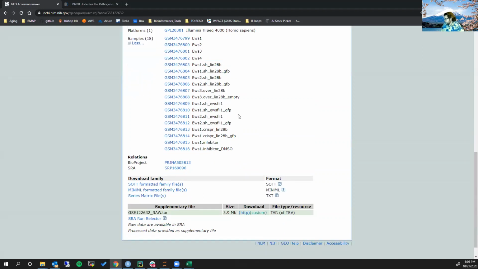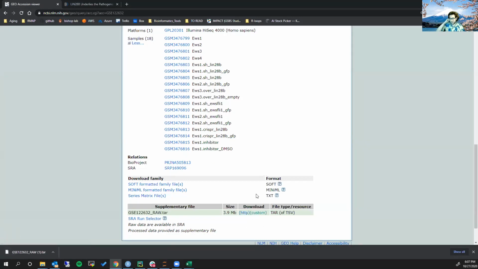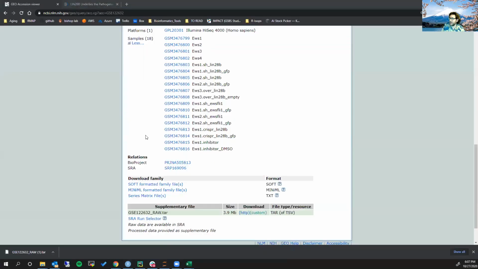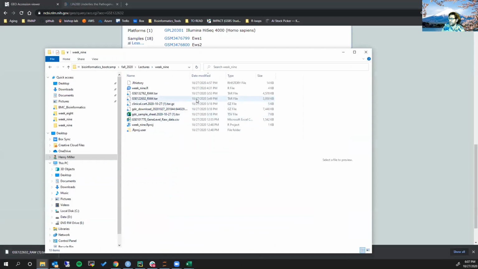Well, the thing about GEO is that sometimes the data is what you want it to be, and sometimes it's not. But all the data is going to be pretty much down here. And if you download this, which I've actually already done, you can get that tar file. So as Simon pointed out earlier, tar is an archive. So if we come back to, no, I won't make you do this. If you go to R and you untar that, you'll actually see,